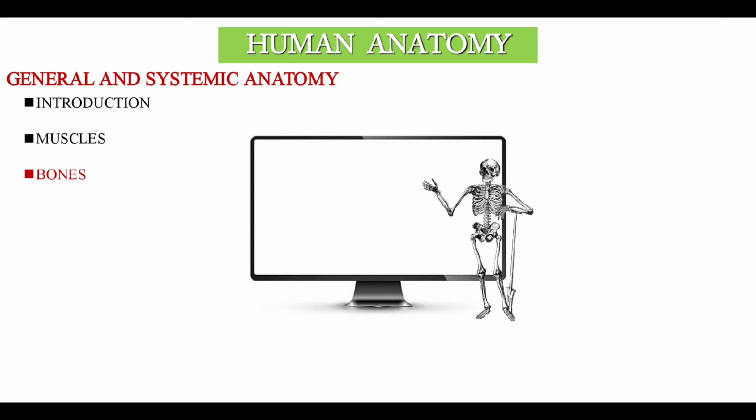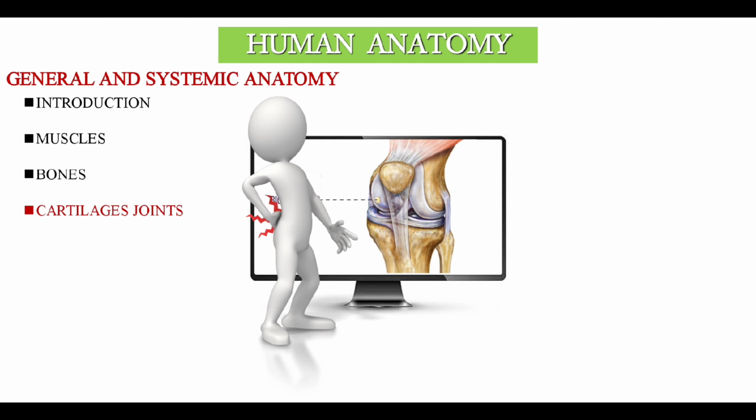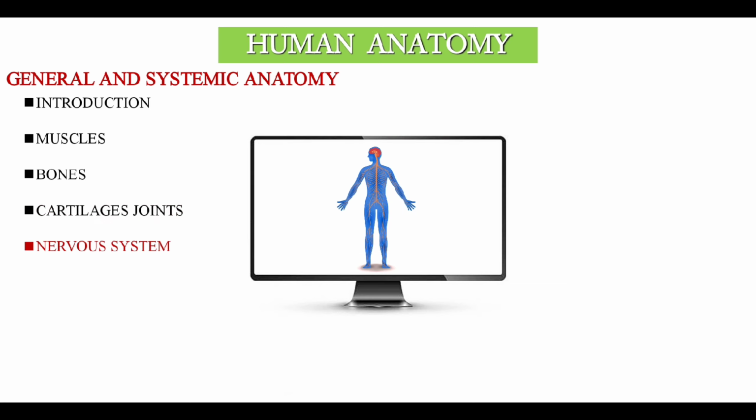Next is bone, in which we have to study development of bone, parts of long bones and blood supply of bone. General remarks about the bones of skull, thorax, vertebral column and extremities. And our next one is joints, in which we have to study definition and classification of joints, structure of synovial joints, movement of joints, blood supply of bones and joints, radiological joints. Next is nervous system, in which we have to study nerve cell, synapse and reflex arc.